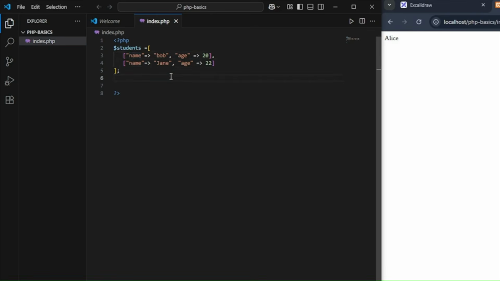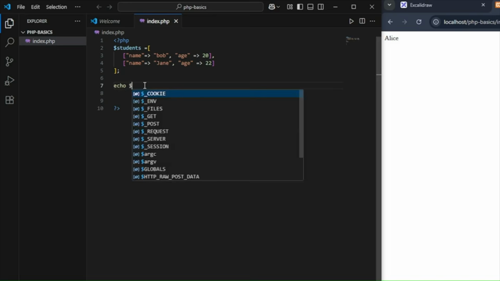So think of it like a spreadsheet. Each row is a student and each column is a detail. Now just be careful of how much nesting you do, because if you nest too deeply, it can get tricky to manage. As for accessing, if we want to access our specific student's name, Bob, we'll have to do it like this. If we type out echo and then students,